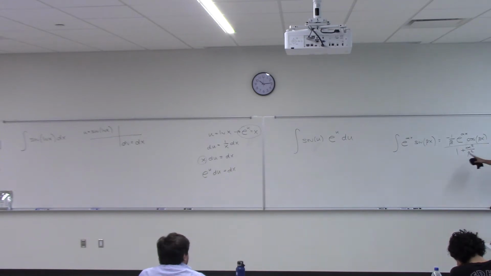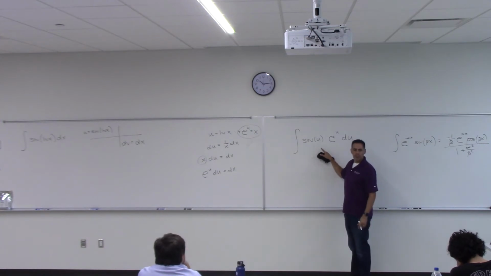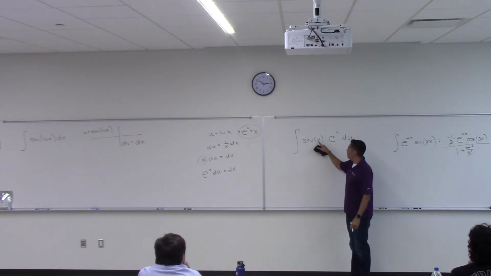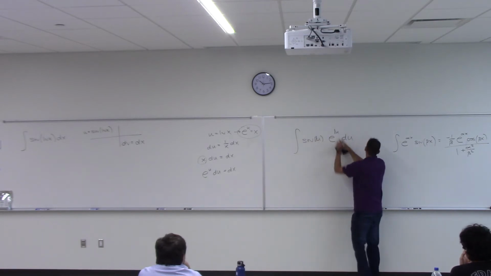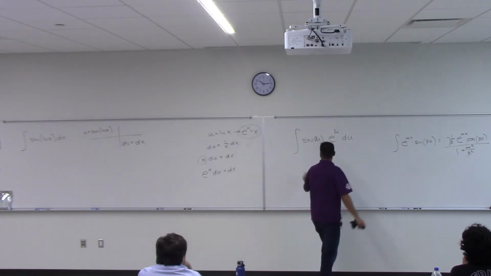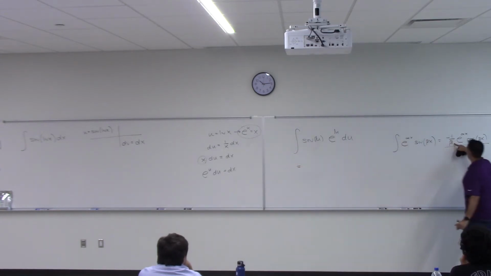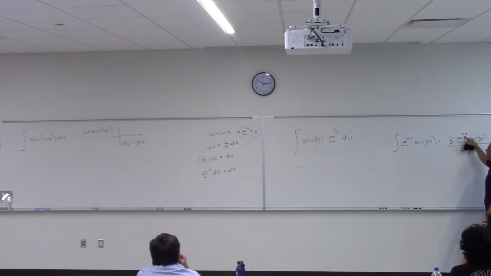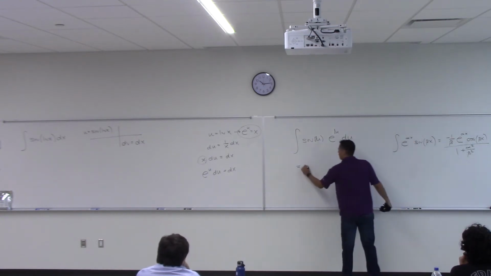All right, so for this problem right here, what's alpha and what's beta? What's the number in front of the variable here? 1. What's the number in front of the variable here? 1. So imagine that all the alphas and betas were 1s. Then can you tell me the answer to this? It'd be negative 1 over 1, right? So just negative e to the x, but for us it'll be e to the u. So just negative e to the u